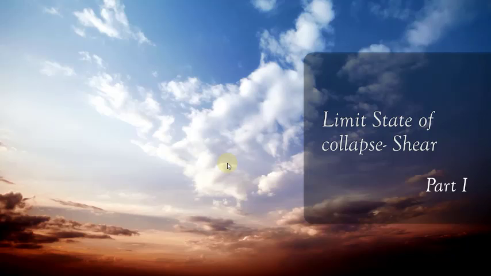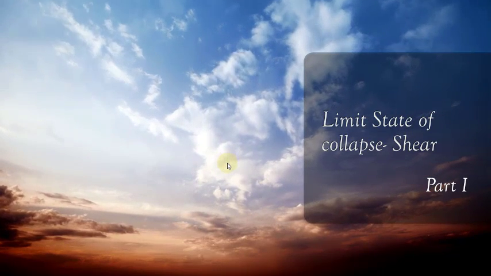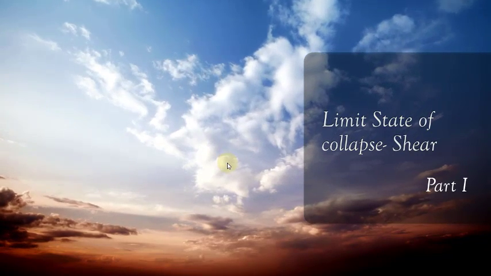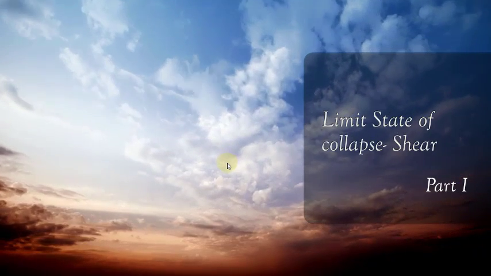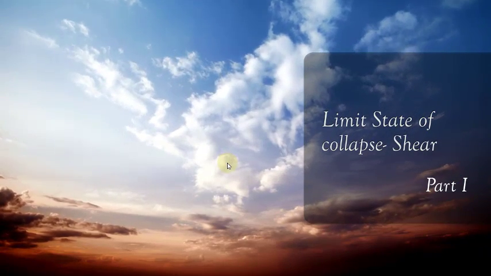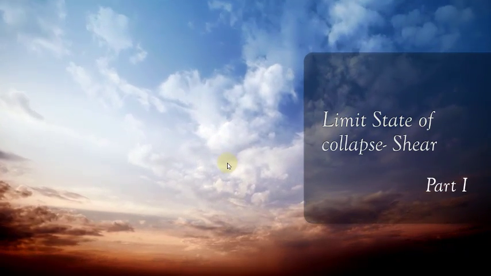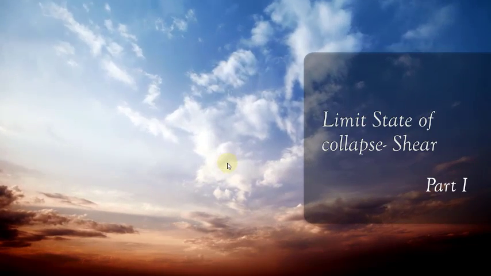When a beam is loaded, it bends. The beam resists the bending by developing an internal moment of resistance. We discussed this in our earlier videos. We analyzed beam sections to determine how much resisting moment they will offer at the ultimate state. We also designed the beam in such a way as to make it capable of resisting the factored bending moments